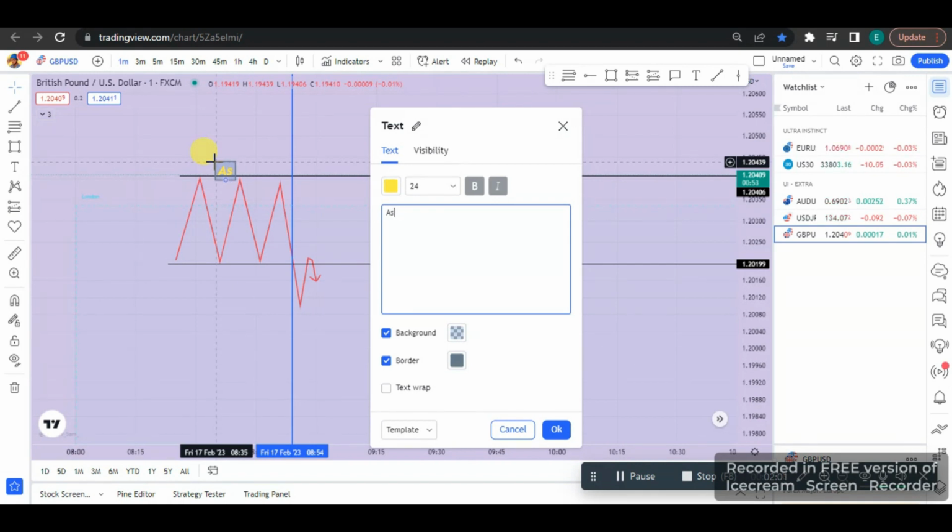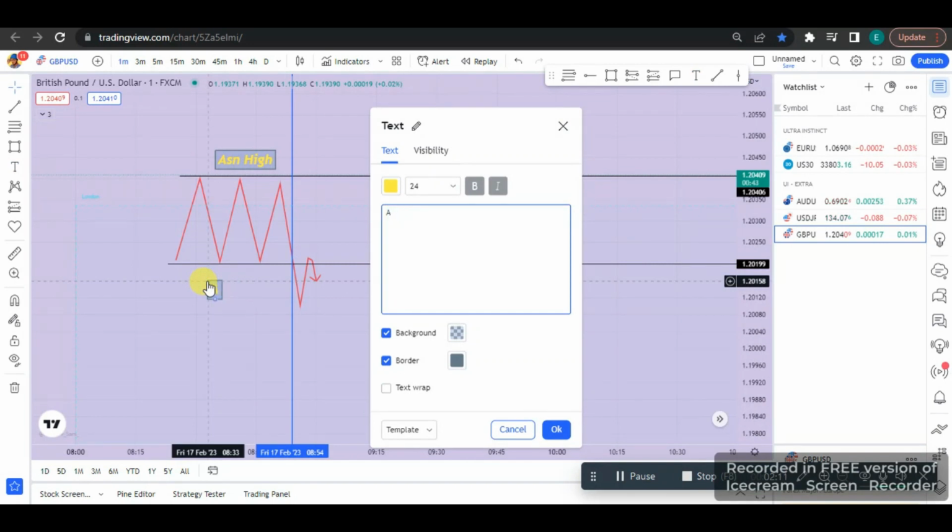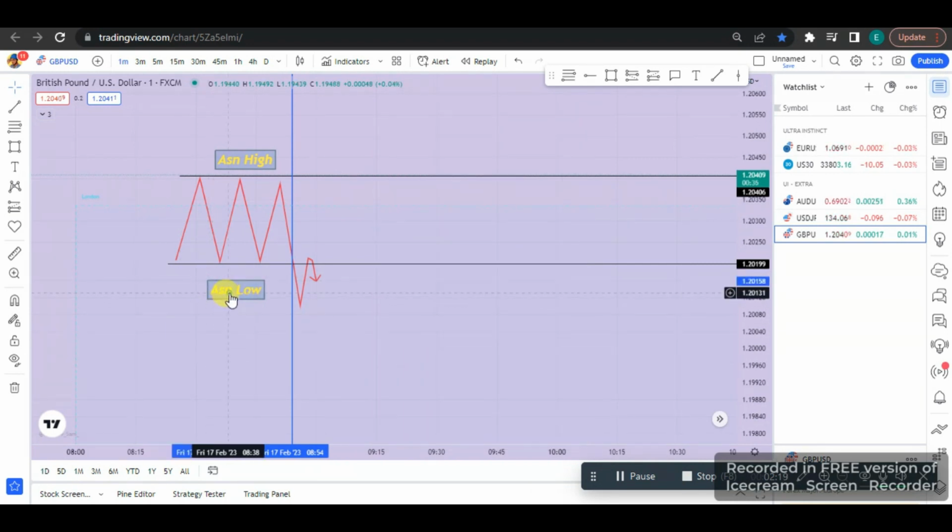Asian high, Asian highs, and our Asian low. So guys, this blue line I used is separating this part and this part. This is an example of me saying this session here is the Asian session, then this session here is the London session. So during the London session we want to see the first